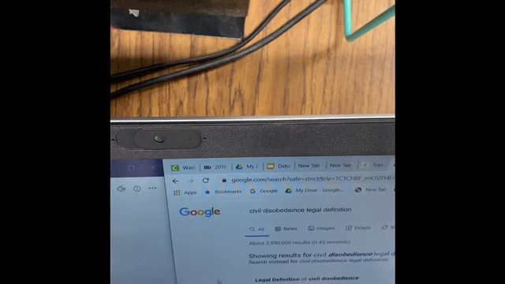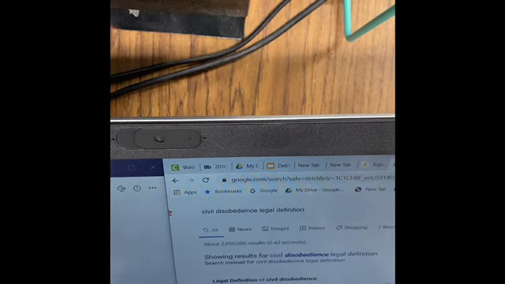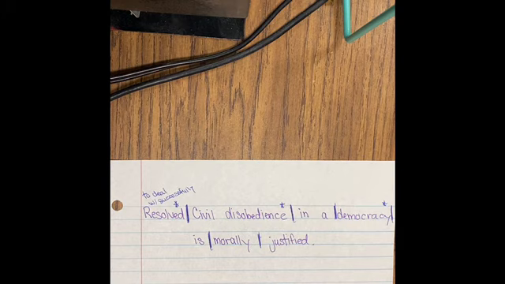And I spelled disobedience wrong, but that's okay. So civil disobedience, according to the legal definition, is a refusal to obey governmental demands or commands, especially as a nonviolent and usually collective means of forcing concessions from the government, okay? So we're gonna simplify that and put that in easier terms a little bit.